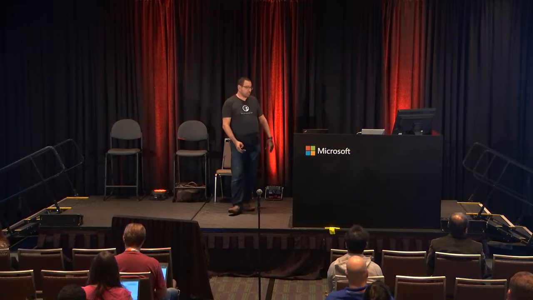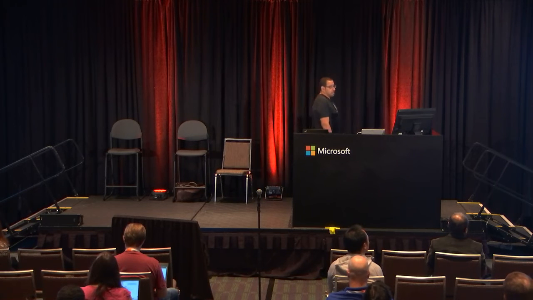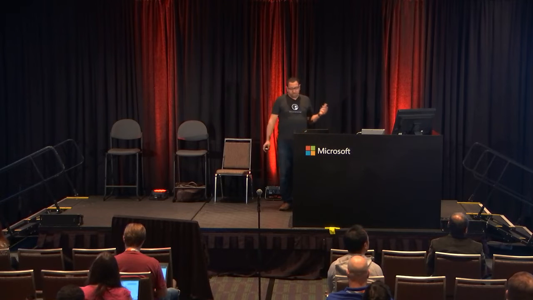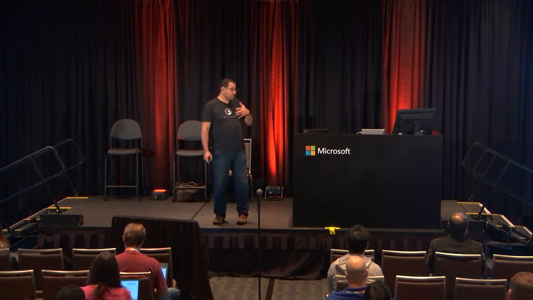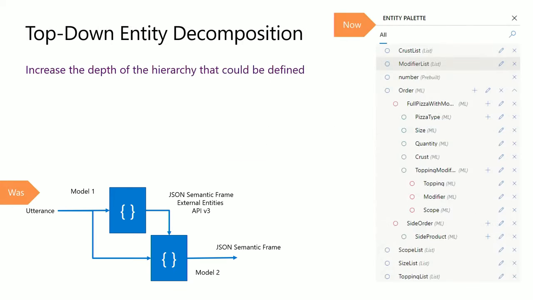And I've designed models that actually use this structure in a service. But that comes with a cost. There's a latency cost because you're doing multiple layer models. There's a cost of maintaining multiple models and training across them. So there is a bit of a cost associated with doing this while it actually works. But that cost is something that we have addressed in the updates that we're doing.